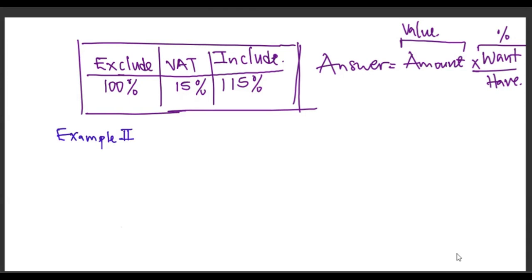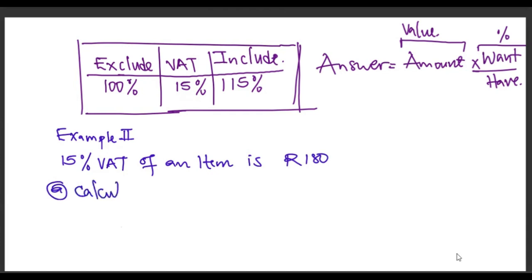So they might tell you the 15% VAT of an item is 180. Then they ask you